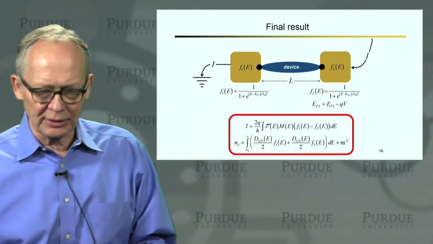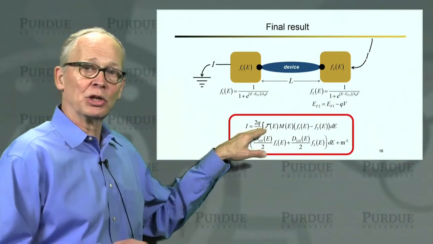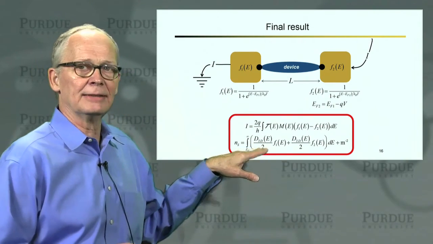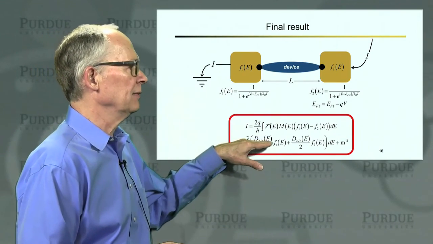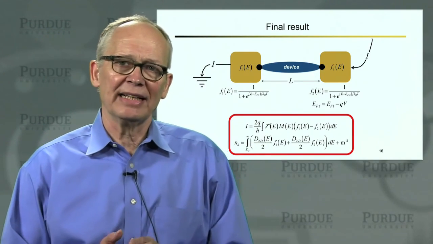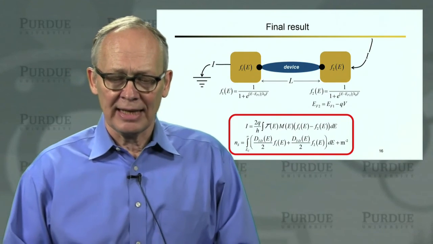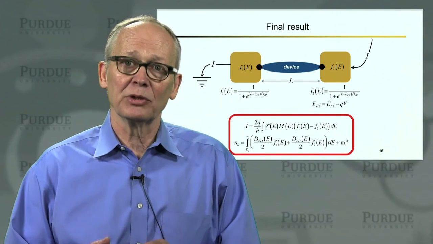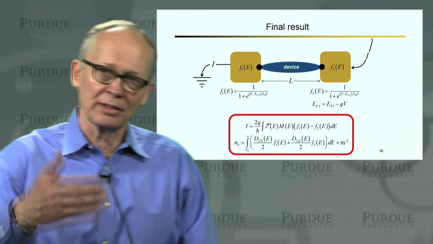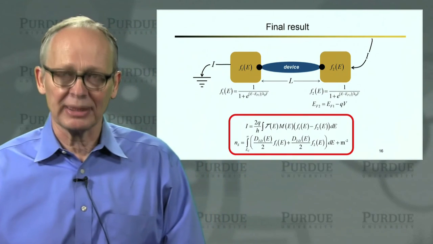This is our final result. We have an expression for current that we're going to work with frequently. We have an expression for carrier density that we will also need frequently. With those two expressions, we can derive the IV characteristics of nano devices quite generally. And in particular, we're going to be applying these two formulas, not in the next lecture, but in the lecture after that, to the ballistic MOSFET and see how that plays out.